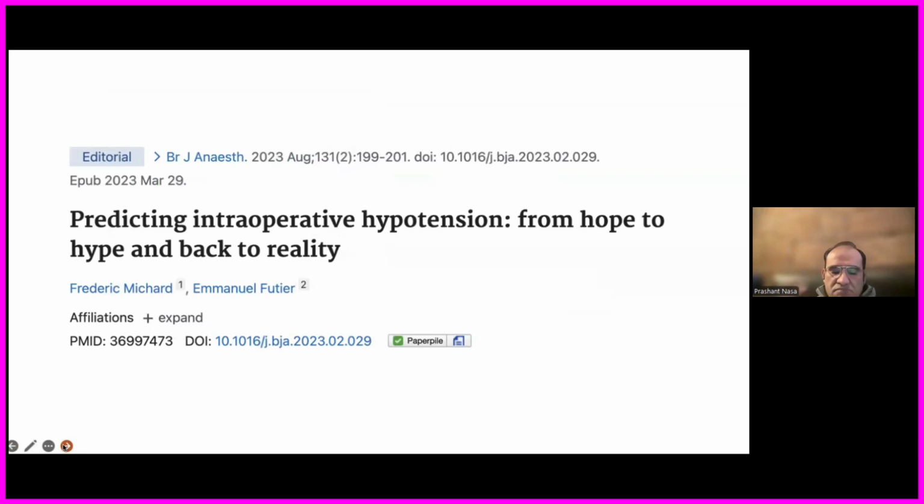Now, again, there is something we talk about called the hypotension prediction index. So HPI is a new tool which has come, integrating AI into the arterial waveform. What HPI does is it uses machine learning, looking at the complex data which we are monitoring on a real-time basis of arterial blood pressure. So it tries to predict hypotension earlier than it will actually happen.